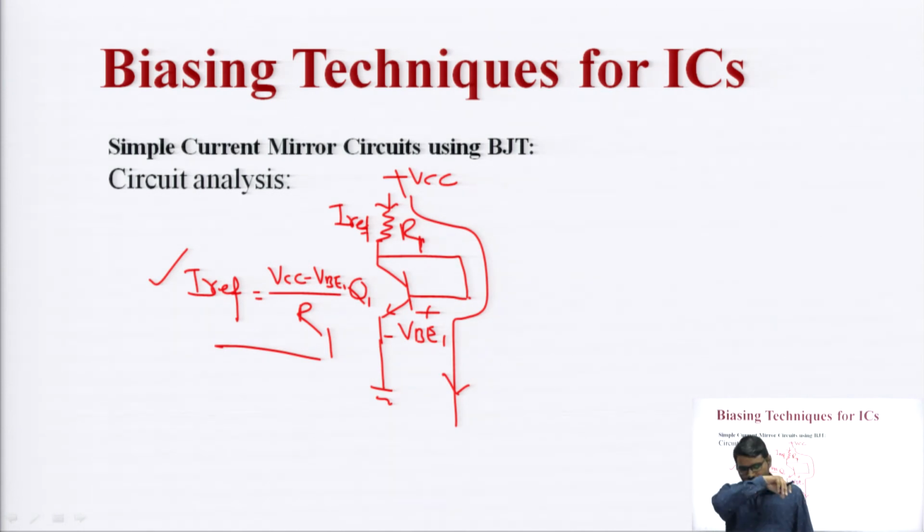If we consider the mu A 741 of Fairchild Semiconductor Corporation, the 741 was made by Widlar. We also have a current mirror called the Widlar current mirror circuit, which was introduced in the input stage of the operational amplifier. We use the Widlar current mirror in IC 741 for the purpose of biasing.